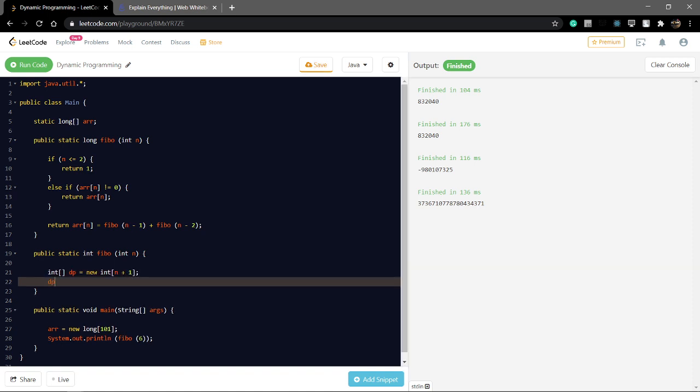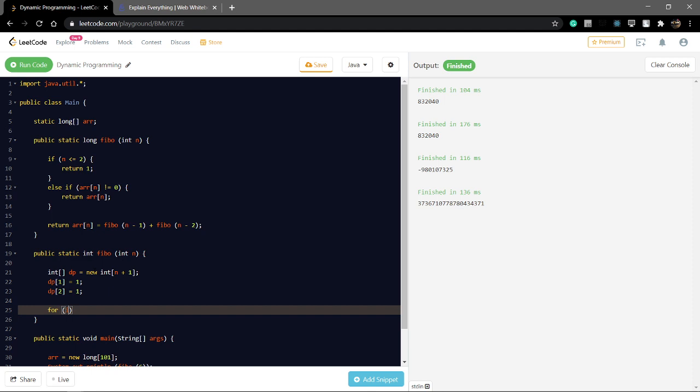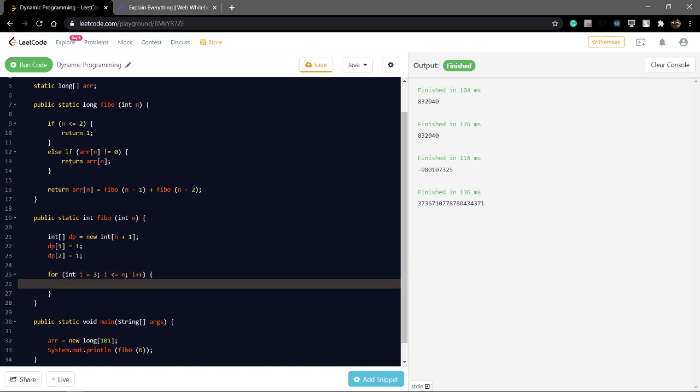And I fix the first element of DP: I do not start from 0, it is 1, and DP of 2 is also 1. And I start from the third element, i less than or equal to n and i plus plus, because I am finding the nth term. The loop travels from third to n, and DP of i equals DP of i minus 1 plus DP of i minus 2.